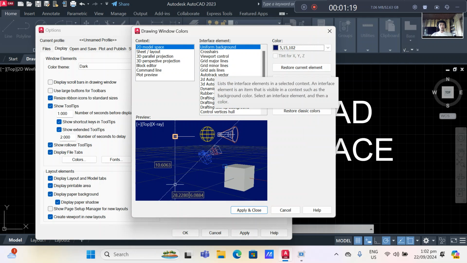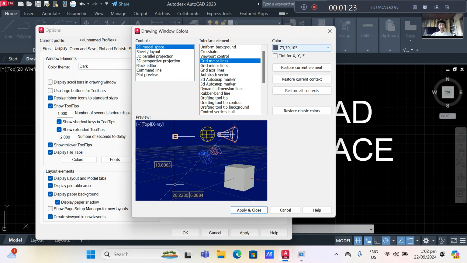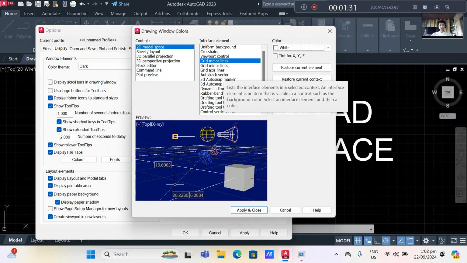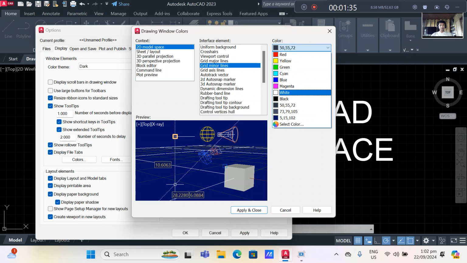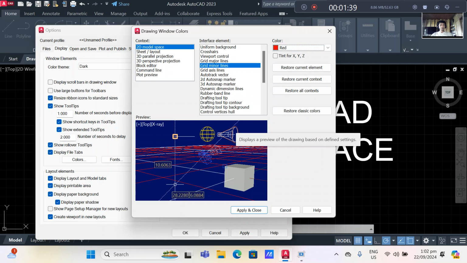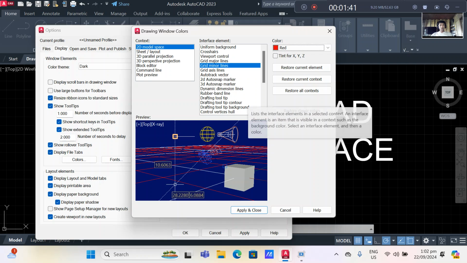I want also to change the grid major lines here, and I want the grid major lines into white. And also I would like to change the grid minor lines into red. Now I have changed background, grid major lines, and grid minor lines.